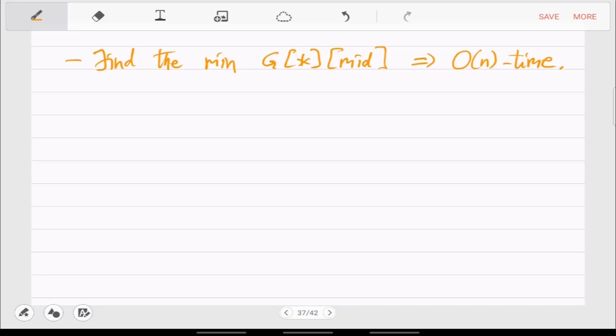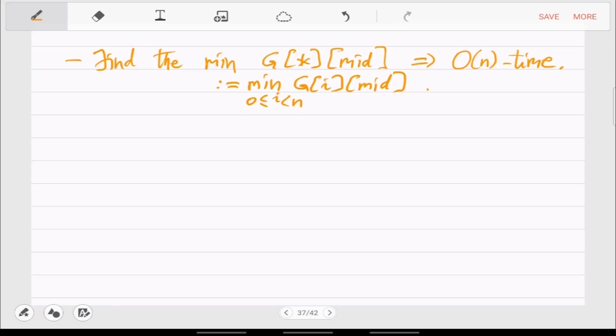If this is confusing, the definition is just min over i of G i mid, where i goes from 0 to n minus 1. This is an order n time algorithm to find the min, because you cannot do anything better here.